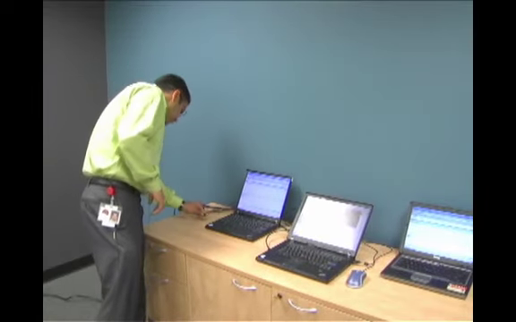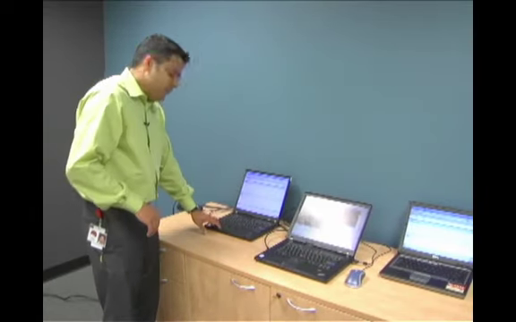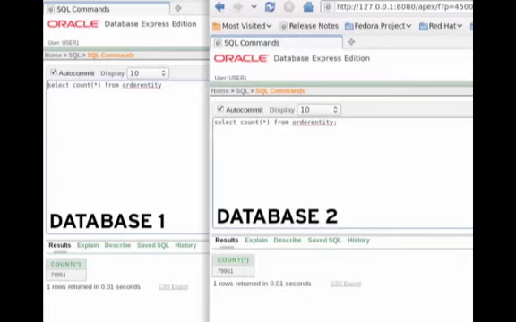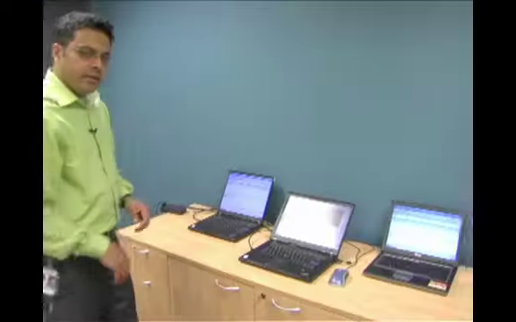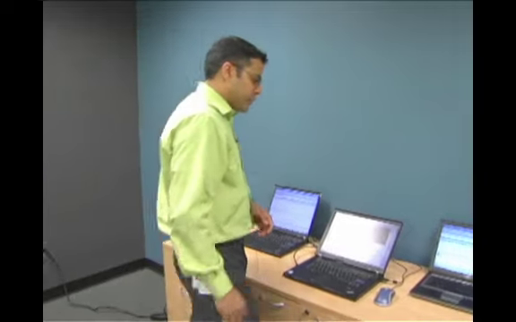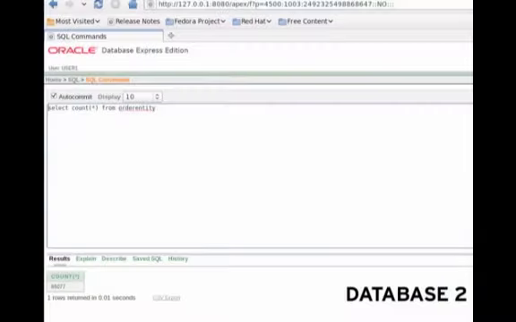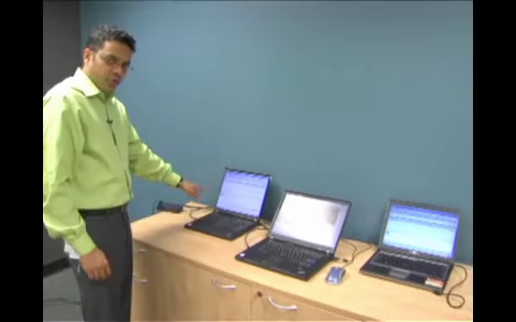Now I'm going to put the cable back on. And you'll see that when I run the query, the count in both databases syncs up. And you can see this in the screencast, but you'll see that both of them show the same row count. And I'm going to again get a little disruptive here and plug off the cable on my laptop that is running the second Oracle database. And you'll see that the same happens. JBoss basically stops inserting new rows onto that table,